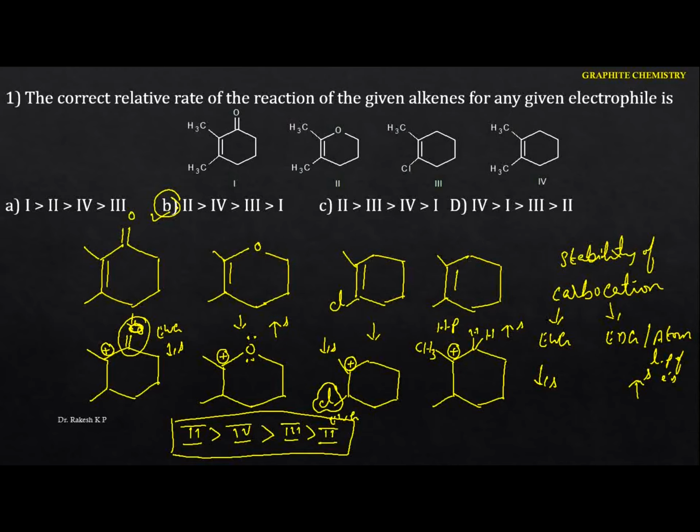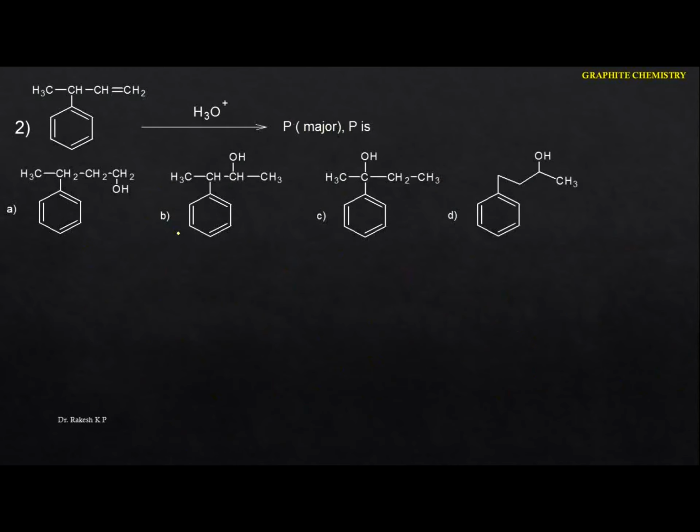Okay, so next one. So now you have to identify, they have given 3-phenyl butene. Okay, so whenever it reacts with water in the presence of an acid, you have to identify this one. Okay, so this is what we can call an acid catalyzer. That is the hydration. Okay, just go to this one here. So let me write the particular reaction mechanism here.